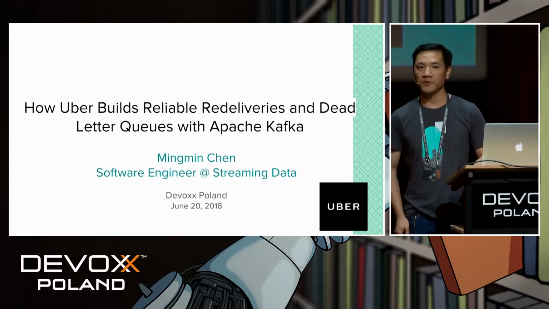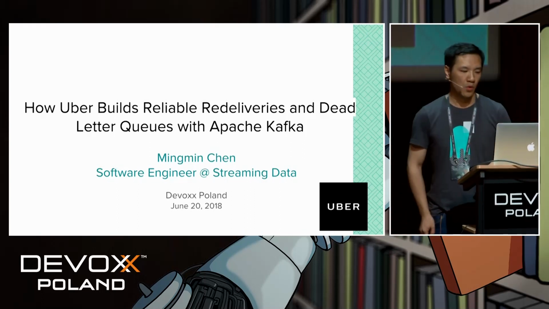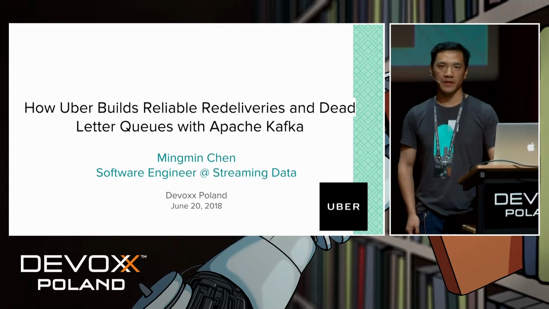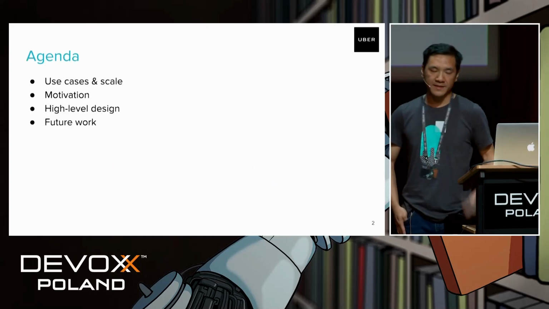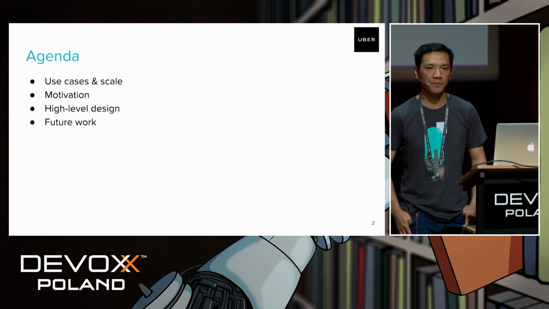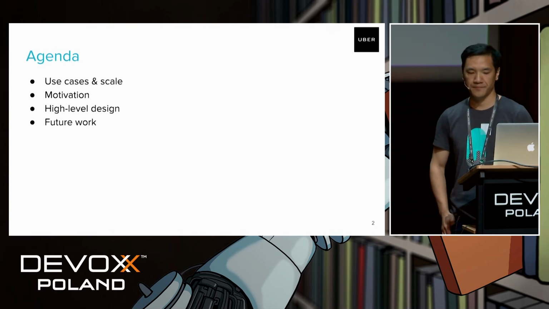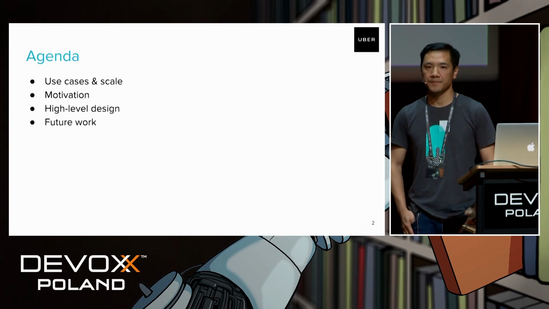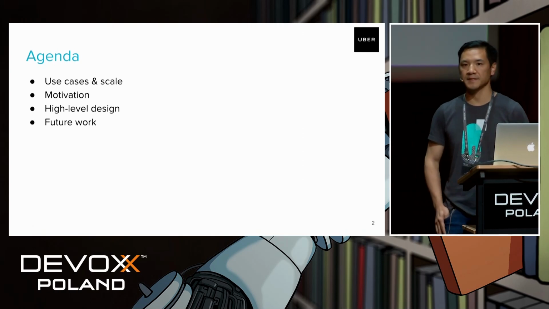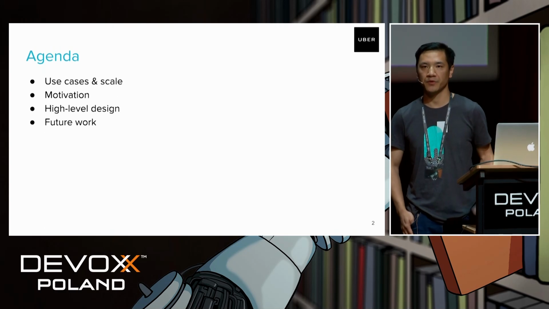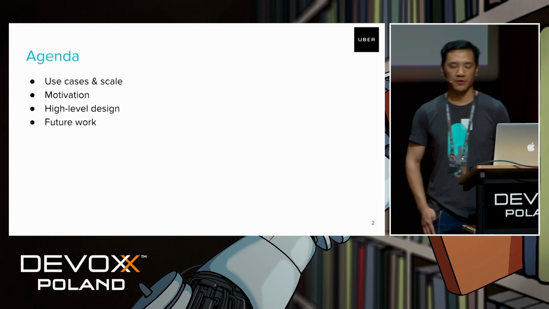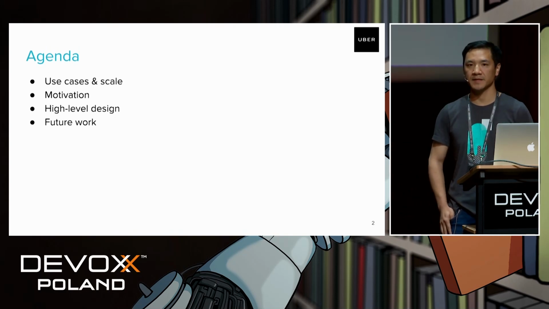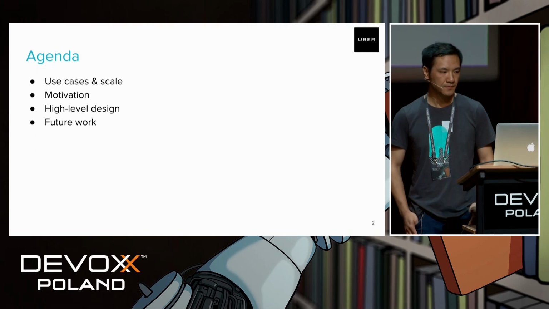For those of you who don't know, Uber is basically a ride-sharing, food delivery, and transportation network company. Uber provides service to move people and things in real time. As you may imagine, Uber has a lot of use cases that need to move data in real time. That's where a messaging system comes into the picture, and it plays a very significant role.